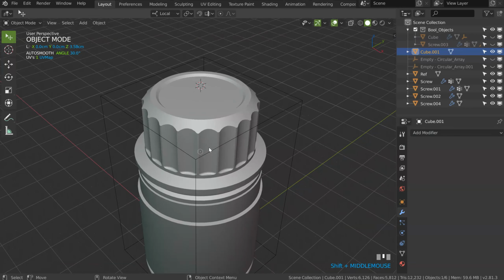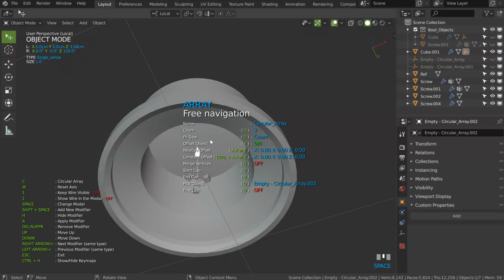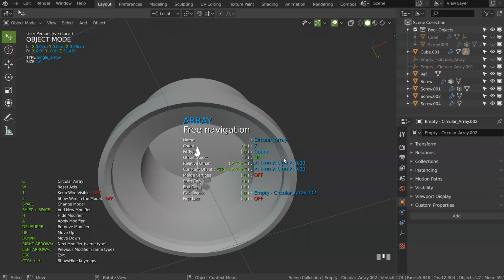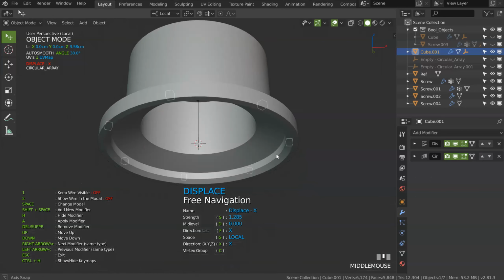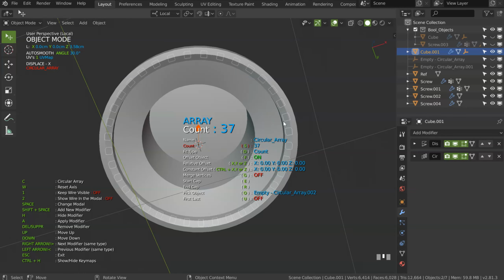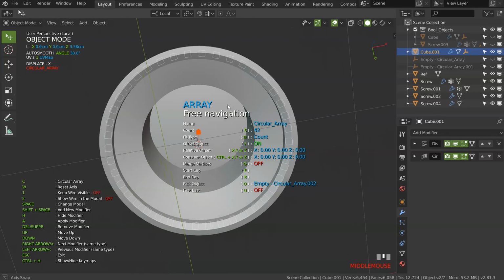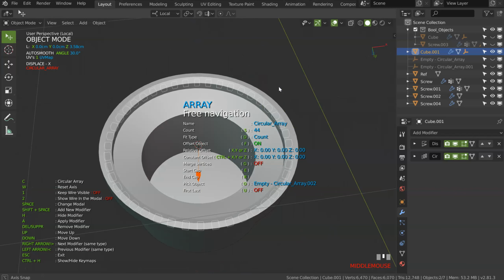And maybe that will work, let's see. I'm not sure. So, array, C, yes, this is nice. I can play with the displays. Let's move the displays here. Let's come back on the array and add more subdivisions. Up. Should be enough like that. Try to keep a number like this one, 40, maybe 44. Like that. Should be okay.